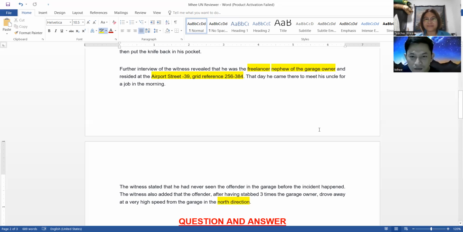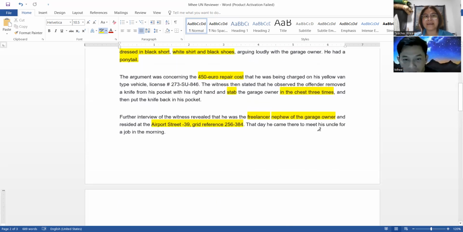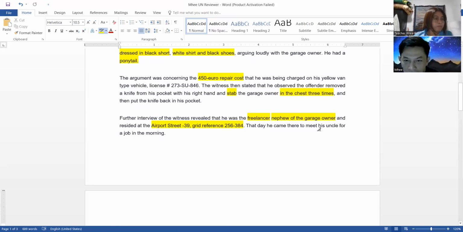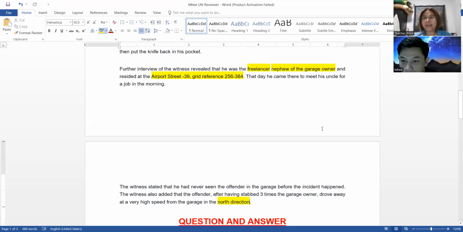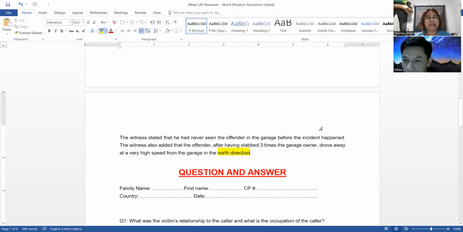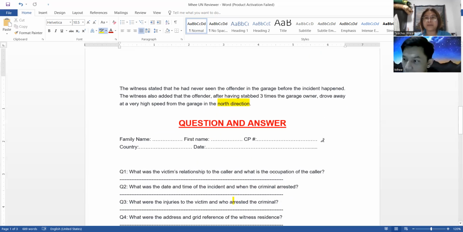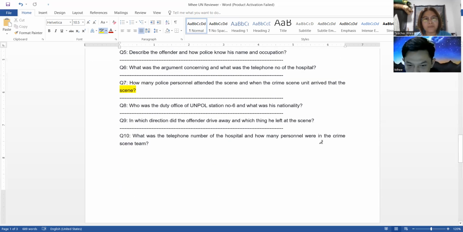It was the knife, I think. Did he leave something? Nothing. Yes, nothing, because he put his knife back in his pocket. So he left nothing in the crime scene. He just drove away. In number 10, what was the telephone number of the hospital and how many personnel were